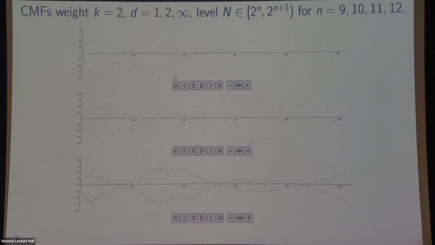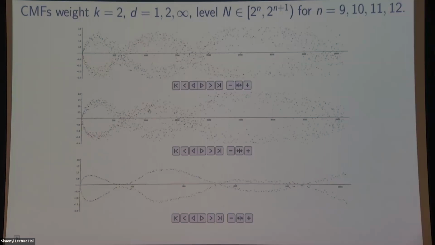Here, I'm just going to click through these quickly because we saw these in Nina's talk yesterday. These are L-functions of weight 2 cusp forms. In the first picture, I'm considering cases where the Galois orbits have size 1, so these have rational coefficients. In the second one, these are Galois orbits of size 2, so their coefficients are in a quadratic field. These correspond to modular abelian surfaces, if I were to apply Eichler-Shimura to construct that. And in the last frame, I'm considering all modular forms with trivial character at that level.